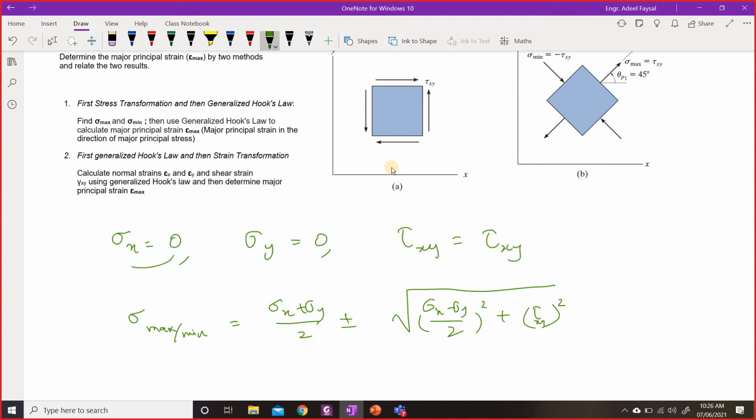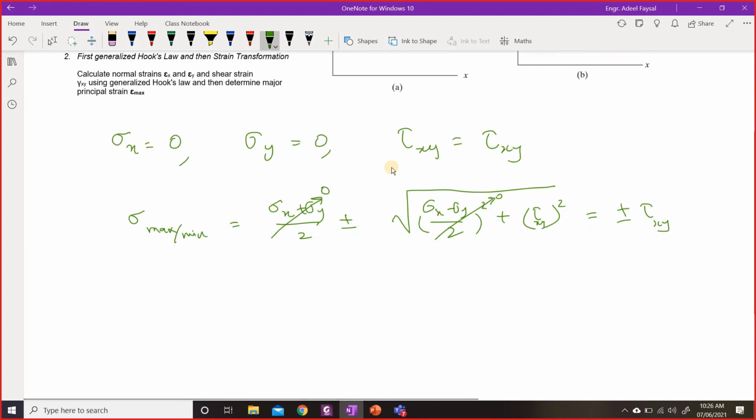Now since sigma x and sigma y are 0, the first term disappears and the term inside the bracket also disappears. The only thing you would have is plus minus tau xy. So sigma max would be equal to tau xy